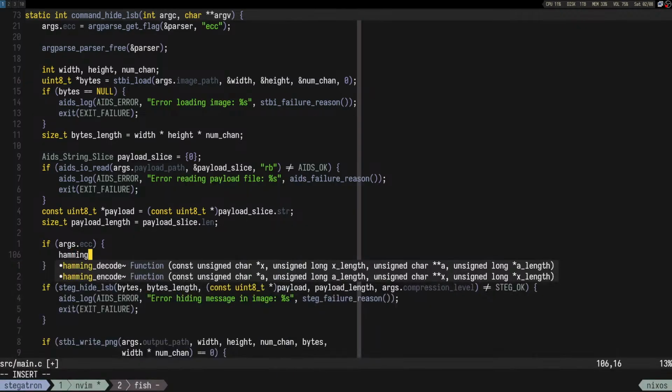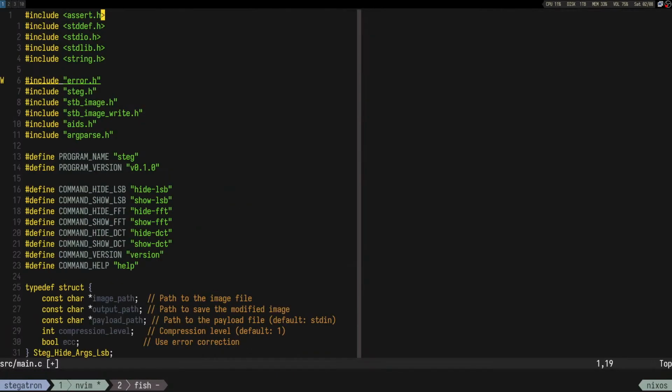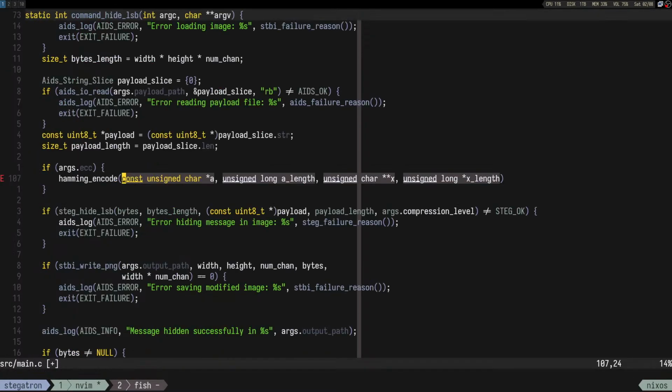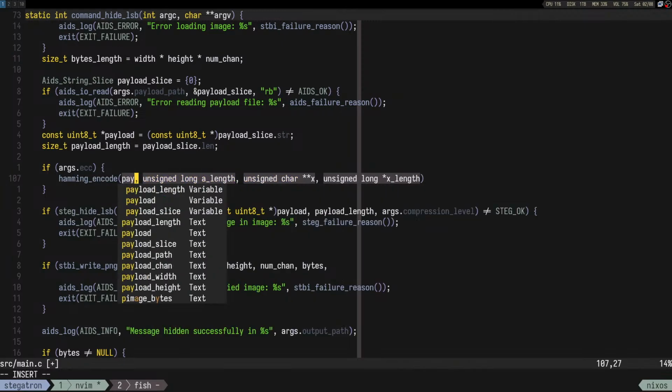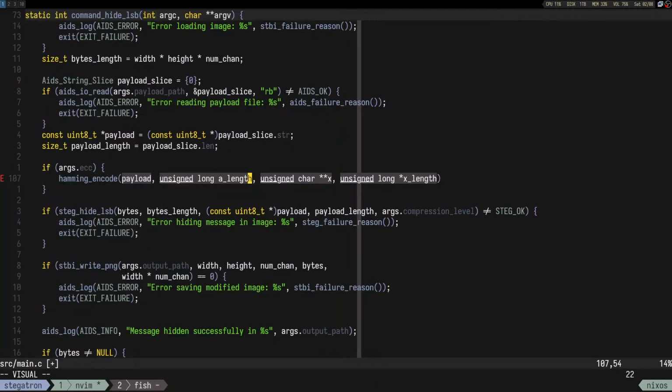So Hamming encode, it should include error.h. Perfect. We are gonna pass in the payload, the payload length, and then we want to output